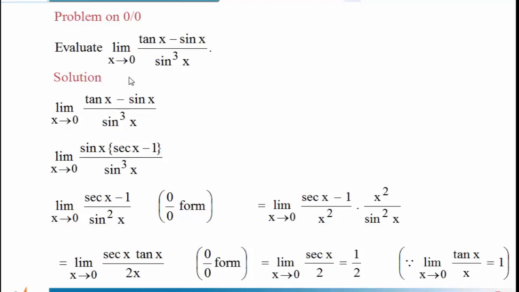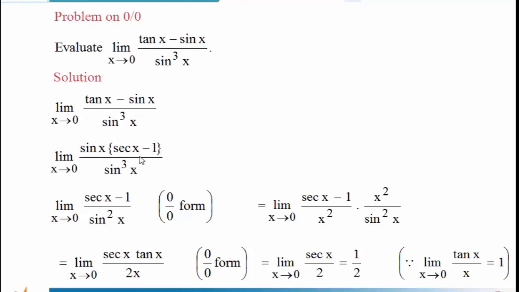Now look at the third problem. We have the limit of a function given in the form of f of x divided by g of x. First of all check the form, just replace x by 0 because the limit is x tends to 0. If x tends to 1, then replace x by 1, but in this problem x tends to 0, so replace x by 0. So we get the 0 by 0 form because tan 0 is 0, sin 0 is 0, 0 minus 0 is 0, so the numerator will be 0. The denominator sin 0 is 0, 0 cube is 0, so 0 by 0 form.